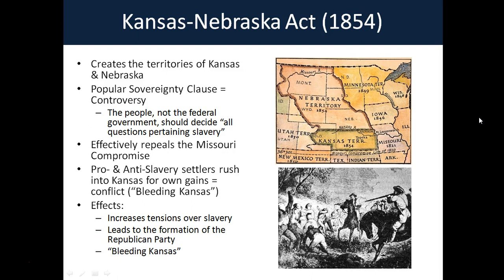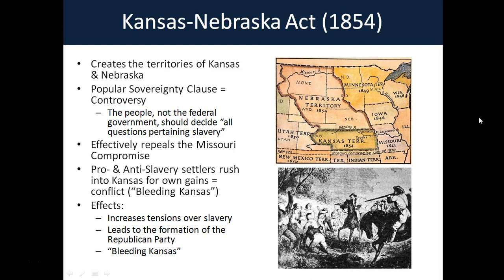to slavery. Now that was key, because it effectively repealed the idea of the Missouri Compromise, kind of going with the states' rights idea, that the people, not the federal government, have the right to make that decision. So what happened is all the settlers that were going into these territories, in particular more in Kansas